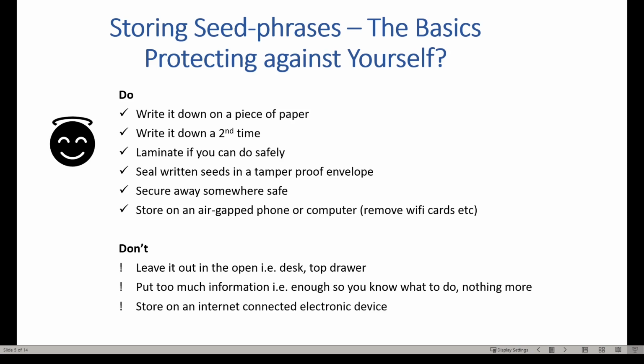Another good thing, very cheap and affordable to buy, is tamper-proof envelopes. So like something you would use to send post in the mail, where you can put the seed phrase into this envelope and seal it up. That way you know if someone has tampered with it, you're aware of it at least. So you know that envelope's been tampered with. Possibly someone you don't trust has viewed those seed words, then maybe you can do something about that. Okay, so it's not a brilliant high security